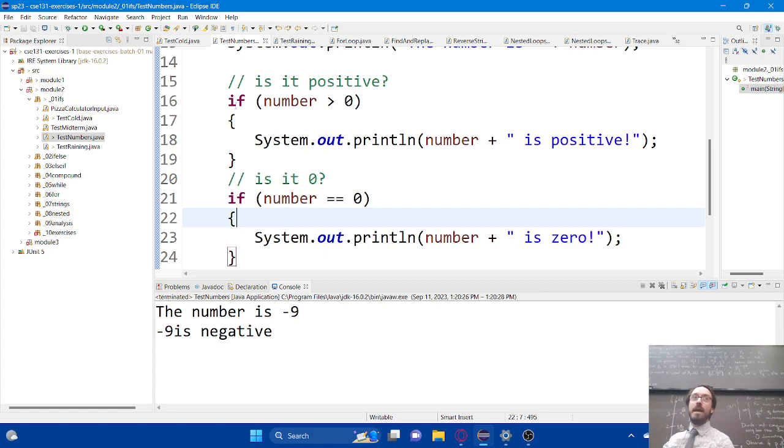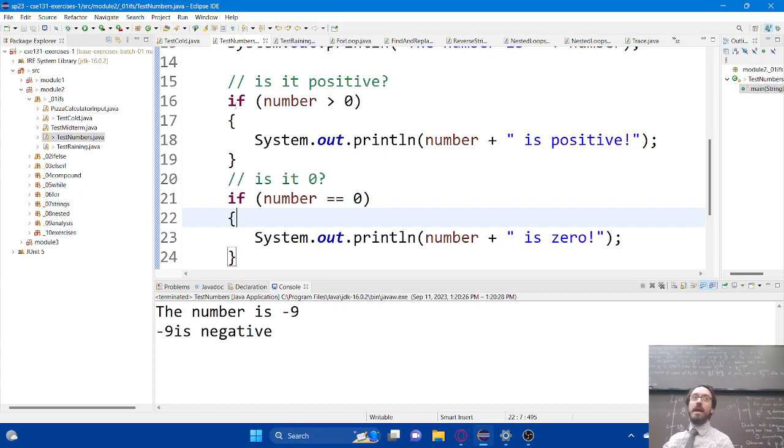So if I look at the number and I've determined that it's negative, then I'm not even going to bother looking at the rest of them. I'm just going to say, forget it. I know what it is. I'm done, right? So in the prior example, I had 3 questions, right? And it was possible that I could have yes to all of them or no or some combination of. But in this particular setup, I'm just looking for the first one that evaluates to be true, and then I'm done. I'm out.